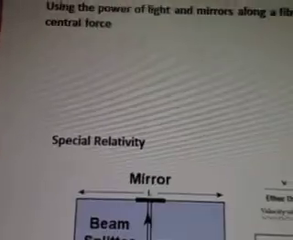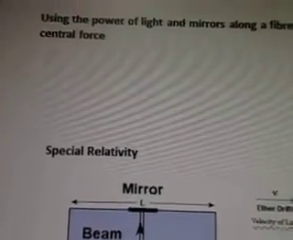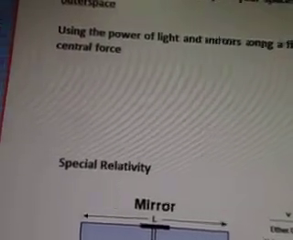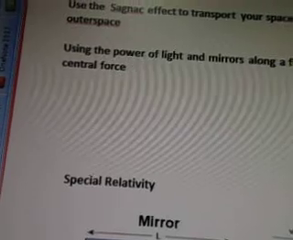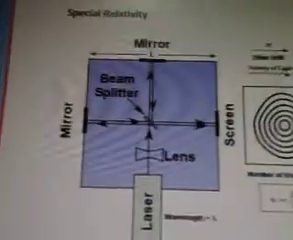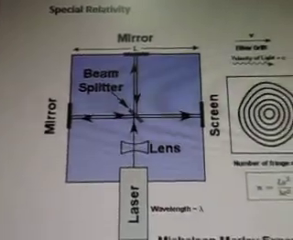February 1st, 2000, my thoughts. We're going to use the Sagnac effect to transport your spaceship up into outer space, using the power of light in mirrors along a fiber optic central force. So we have special relativity, we have a mirror, we have a beam splitter with a mirror, screen, a lens,